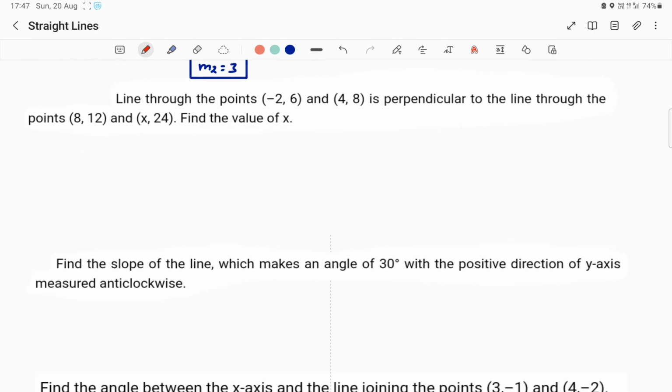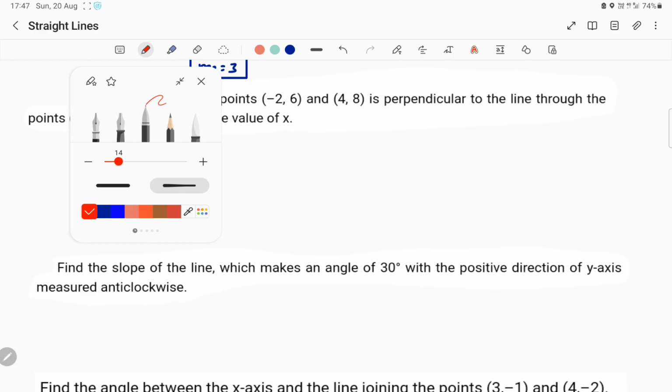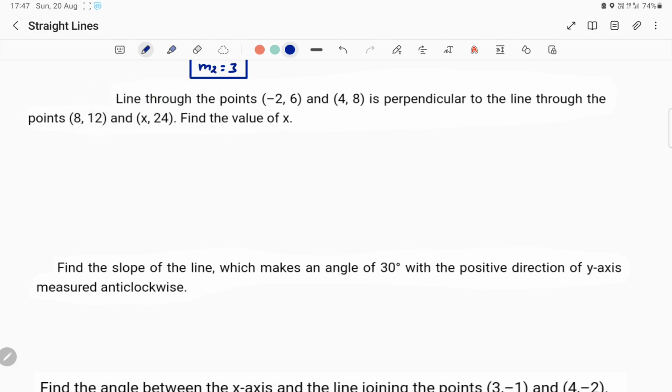So the next question again is from NCERT. We have a line through the points minus 2, 6 and 4, 8 which is perpendicular to some other line passing through the point 8, 12 and x, 24. If I can give a shape to this question, it is something like this. There is a line segment with A as minus 2, 6 and B as 4, 8, and then we have another line which is like 8 comma 12